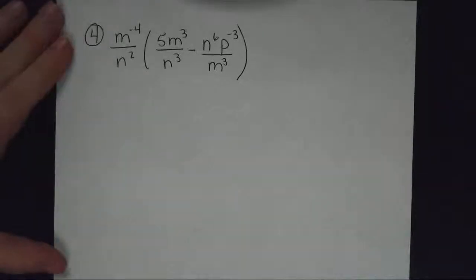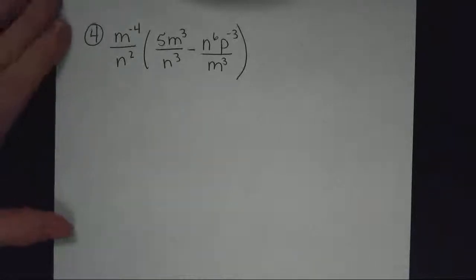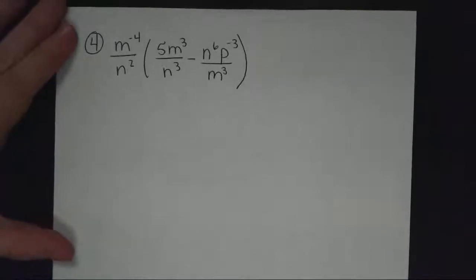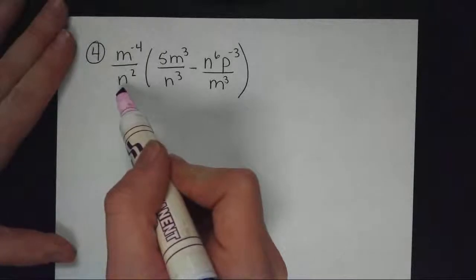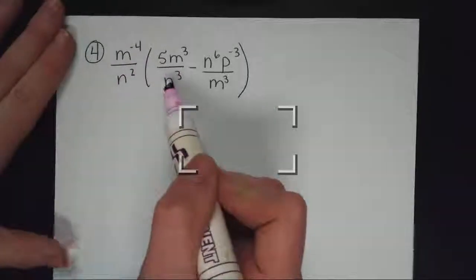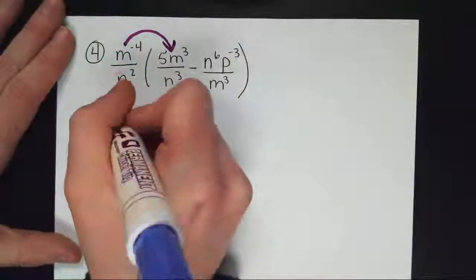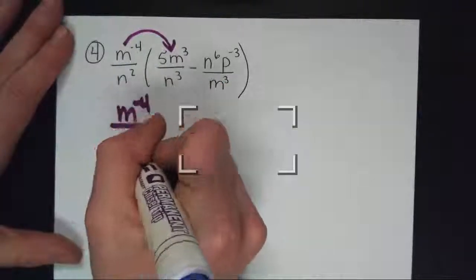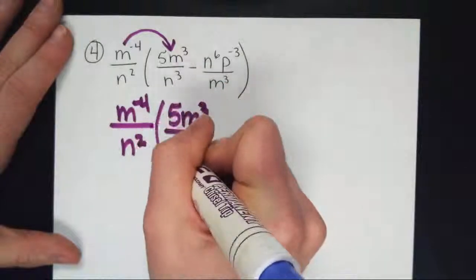Now, in order to simplify this, we need to use our distributive property. There are 2 ways to do it. You can make all the negative exponents into positive ones first if you want to, but I'm just going to start by straight distributing. So that means that I need to take this term on the outside of the parentheses and multiply it by each term inside the parentheses. So I'm going to multiply the outside by the first inside term. That's going to give me m to the negative 4th over n squared times 5m to the 3rd over n